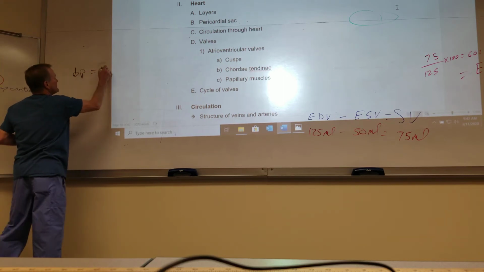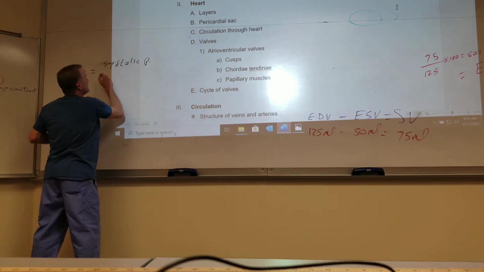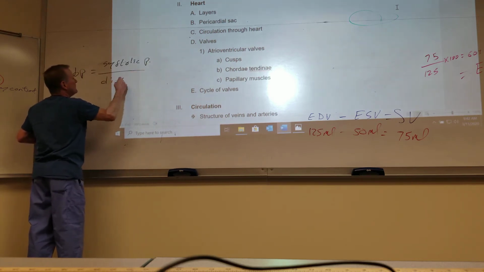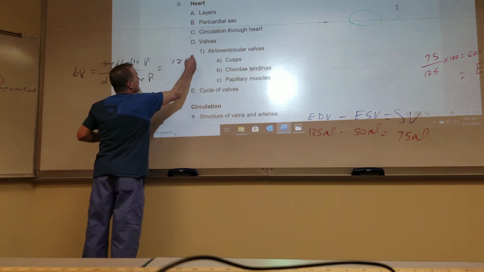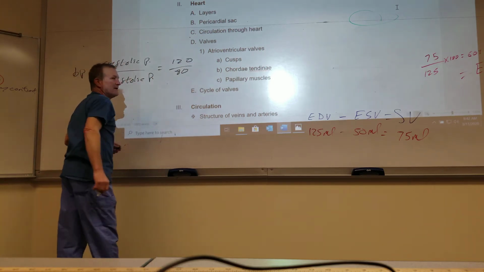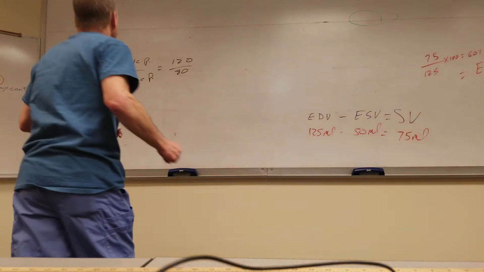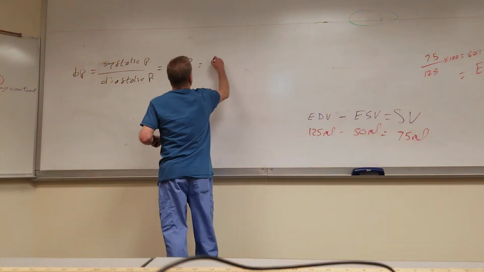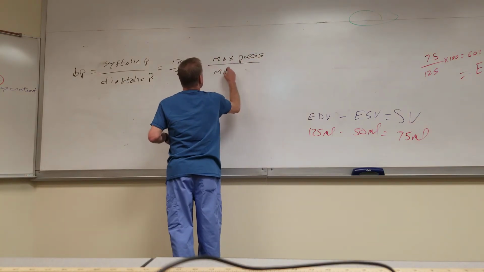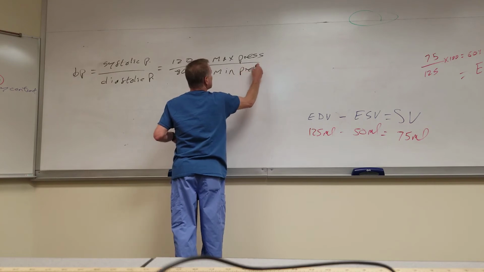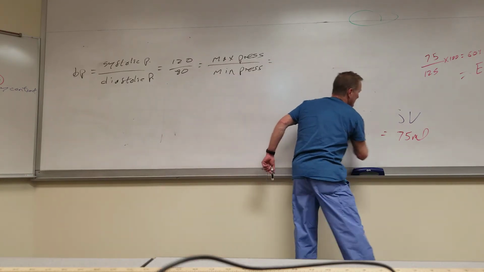Your blood pressure, systolic pressure over diastolic pressure, 120/80 for a textbook. That is your maximum pressure over your minimum pressure, and that would correspond to, and this part just makes sense, I think,